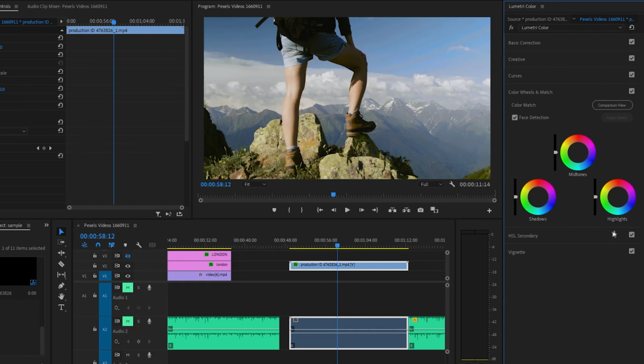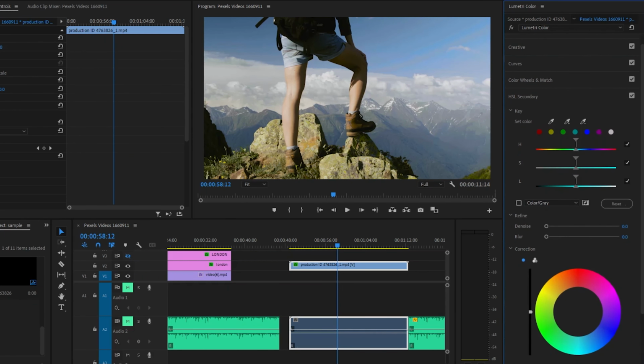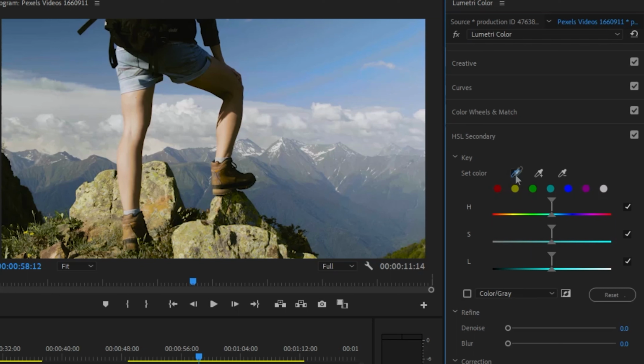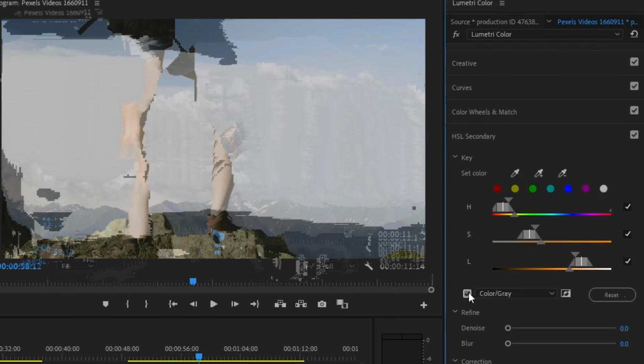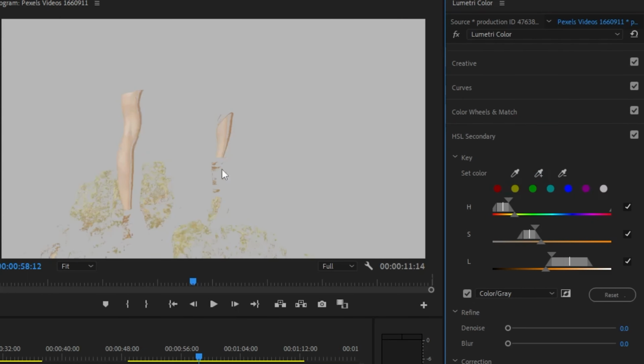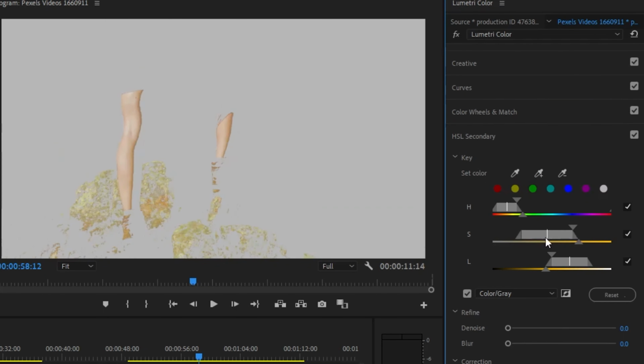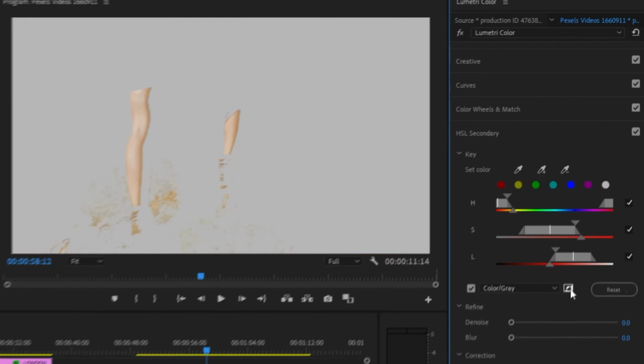Now I will talk about HSL Secondary. By this you can change the color of a particular selected part of the video. So let me select the legs of the person in this video. Let me select the legs by this and increase the area by this plus select tool, and then you can adjust this by this. I am giving you an example of this, but I am not doing it in this